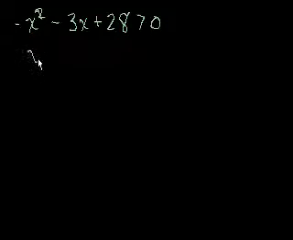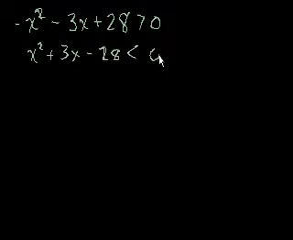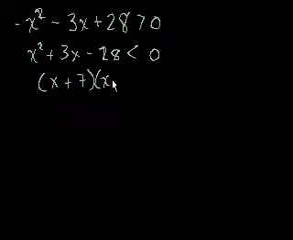Both sides. So I get x squared plus 3x minus 28. And when you multiply or divide by a negative with any inequality, you have to swap the sign. So this is now going to be less than 0. All right? And if we were to factor this, we get x plus 7 times x minus 4 is less